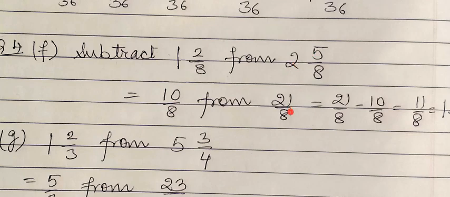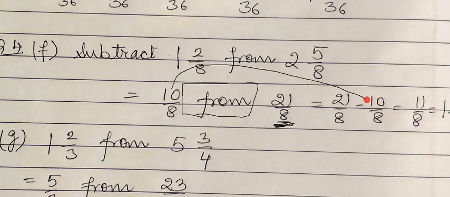As I said to you, whenever the word subtraction is there and the word from is also there, what is the procedure? The number after the word from will be selected first. So 21 by 8 will be selected first, then the minus sign, and then the number 10 by 8 will be written. Don't subtract directly, the order gets reversed. So 21 by 8 minus 10 by 8, since it's a like fraction, we can subtract, and the result comes out to be 11 by 8. On solving it, the result comes out to be 1 and the remainder 3, that is 1 3 by 8.